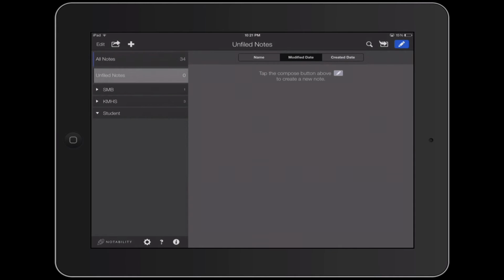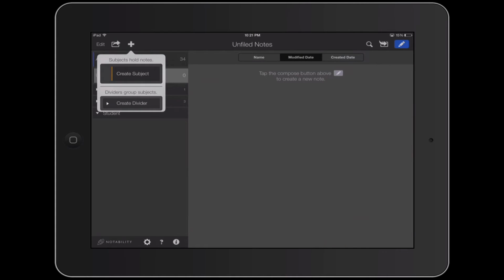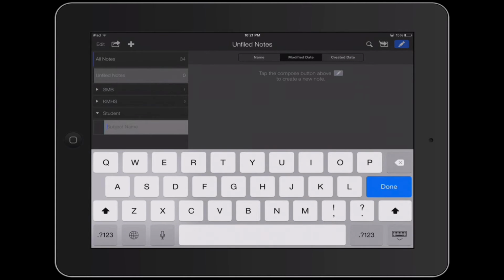Now they're backed up to Google Drive, you can go ahead and create your subject. So I'm going to tap the plus icon on the top, and I'm going to create a subject. Now, you want to be very specific in how you guide students naming the subjects. I want them to do last name, first initial, the subject, and the period, right? So let's create that. Here we go. Frank, comma, K, English 9,